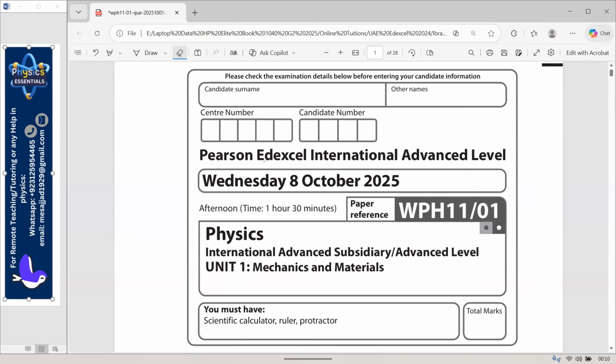Hello and welcome to another walkthrough video of IAL Edexcel AS Level Physics, and today we are going to do the walkthrough of the October 2025 Unit 1 exam, and it will be helpful for your upcoming exam in 2 weeks for Jan 2026. And this paper has some really tricky questions, so I recommend you watch this video